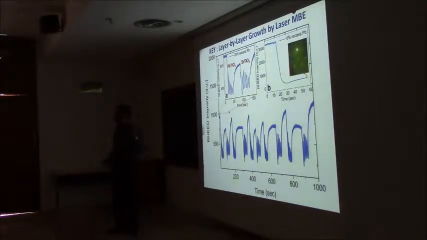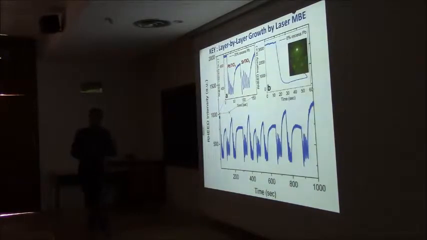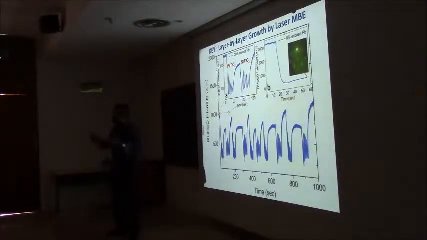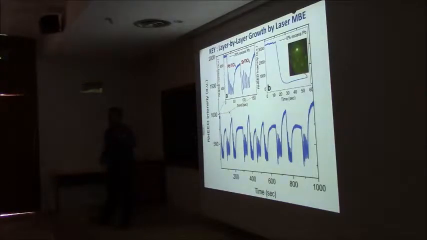It wasn't very easy for us to get to this. But it turns out that if I grow lead titanate from a pure lead titanate target, you will have so much desorption of lead from the surface that the system automatically will go into island growth, which is shown here, or 3D growth. In order to sustain the layer by layer growth, you need to have excess lead in the system. That was kind of an interesting learning for somebody like myself. You need to have about 20% excess lead. That's what we used for our process. With that, you could see these kind of RHEED oscillations all the way to the growth of 200 nanometer thick superlattices. So the system is very stable.